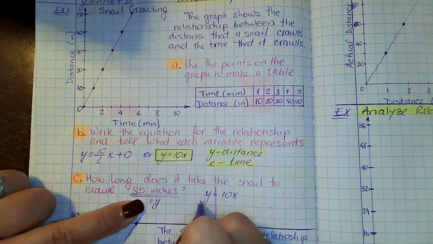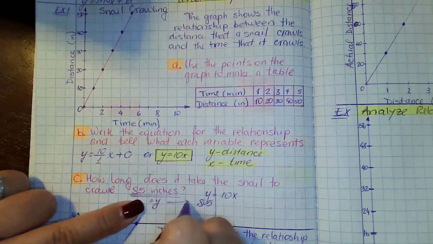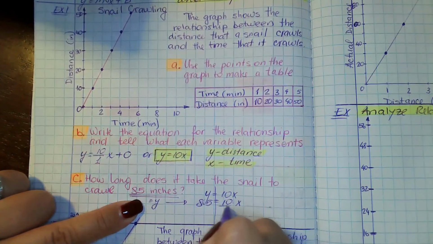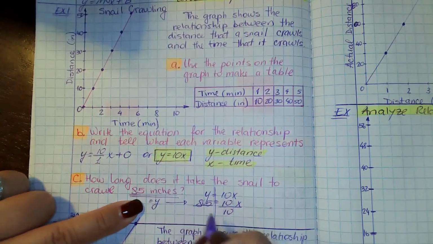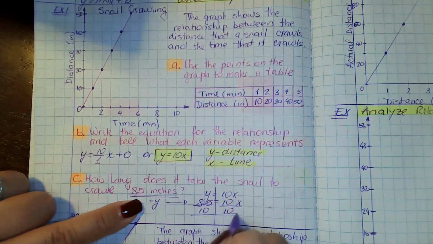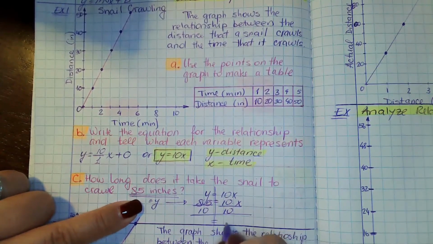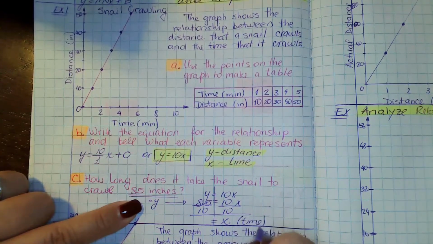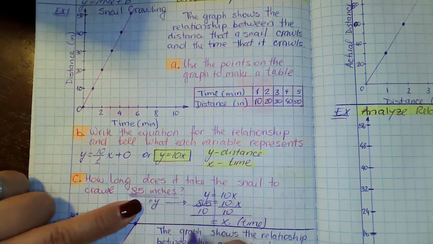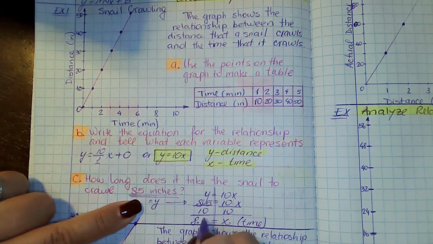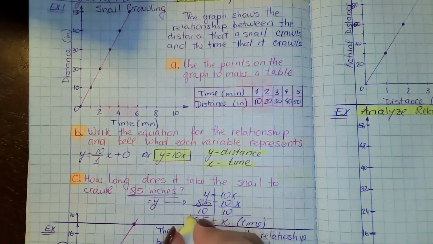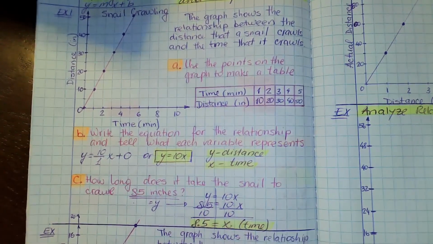So we substitute 85 instead of y, which equals 10x. So if we divide by 10, it will take x time, 8.5 minutes. 85 divided by 10 is 8.5. So it will take 8.5 minutes